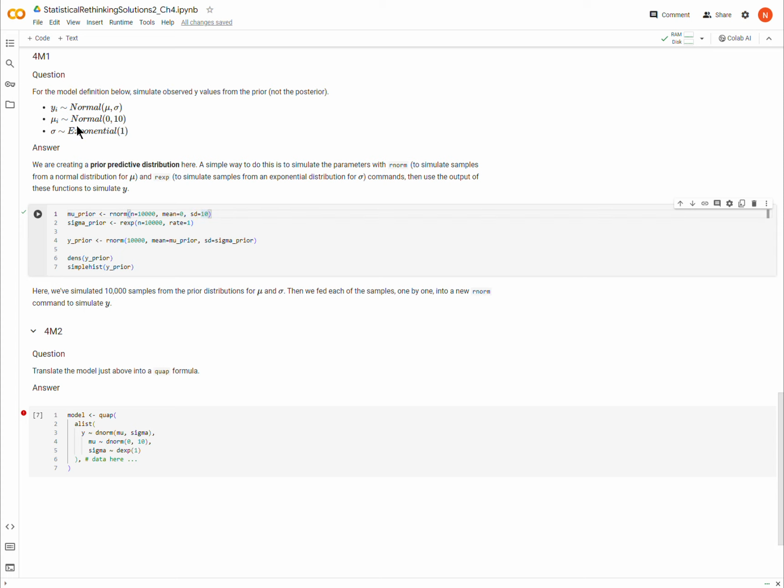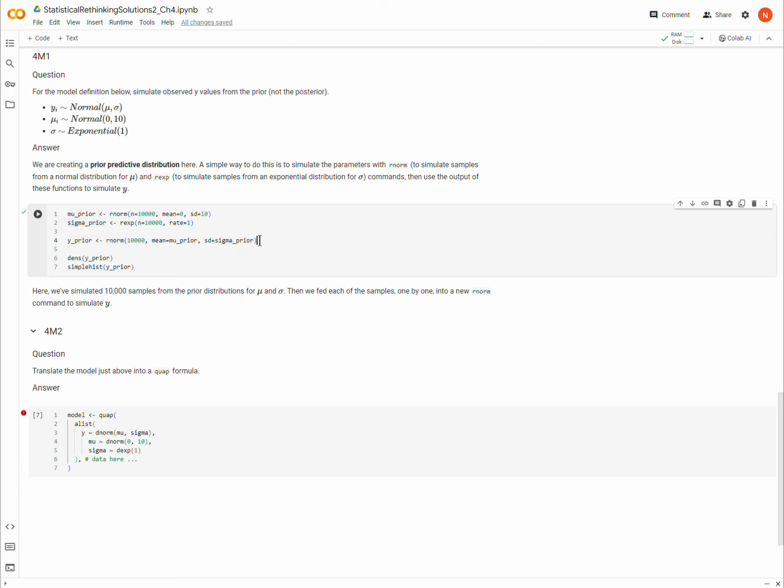Similarly, for the sigma, we have an exponential distribution with a rate of 1. Okay. So we have our sigma prior. We're going to simulate 10,000 samples with a rate of 1, and that's just how we define an exponential distribution. Okay. And now that we have our two parameters set up, we can simulate prior data. So y is distributed normal with a mean mu and standard deviation sigma. So we use again rnorm, 10,000 samples with a mean mu prior and standard deviation of sigma prior, which